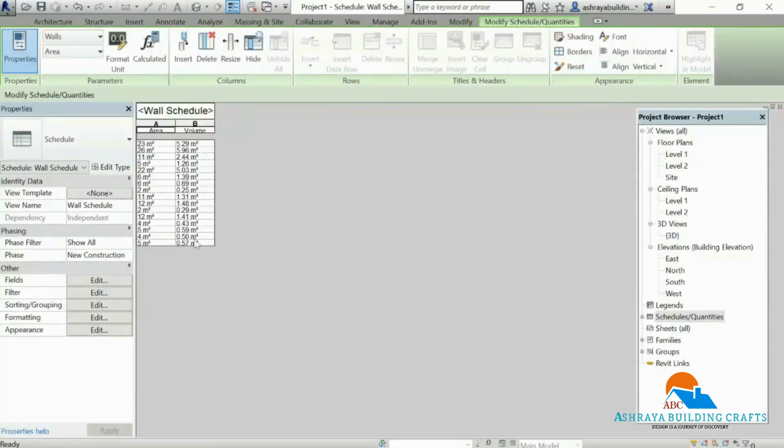Here it is represented in a tabular format showing area and volume. Area is in square meters, volume is in meter cube.